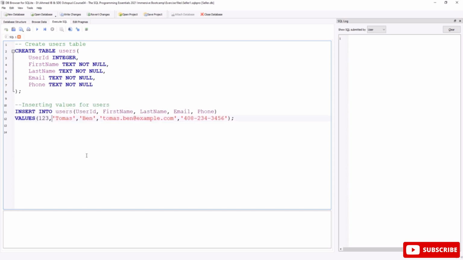Our next step is inserting a single record in the users table after creating it. To do that, use the insert into statement followed by the name of the table, users, and in between the round braces the names of all the columns from inside the users table: user ID, first name, last name, email, phone, in order as you can see, and the values statement to insert